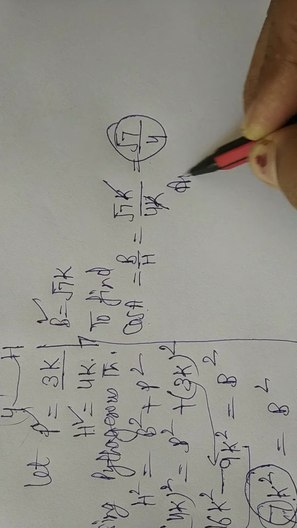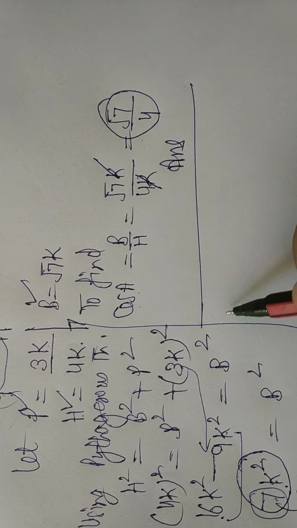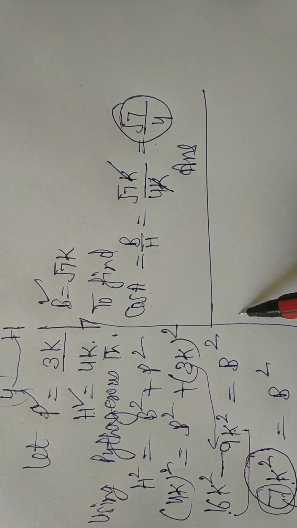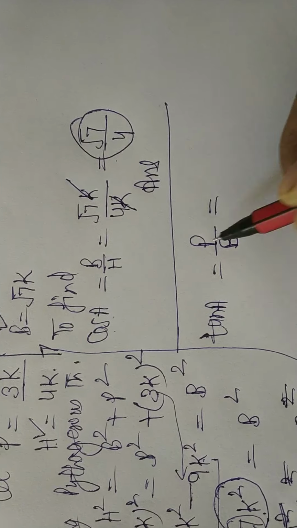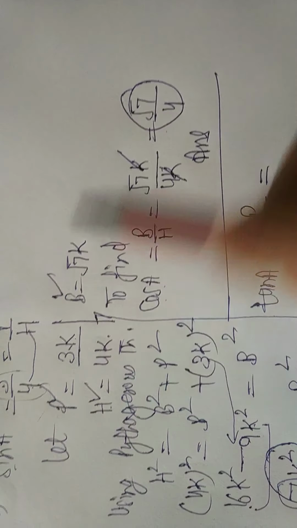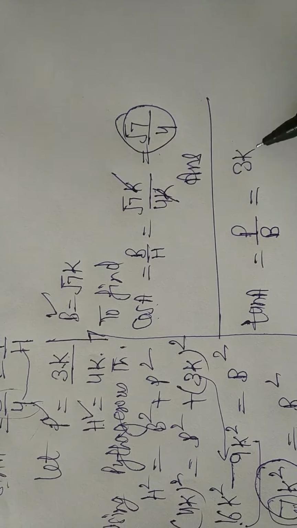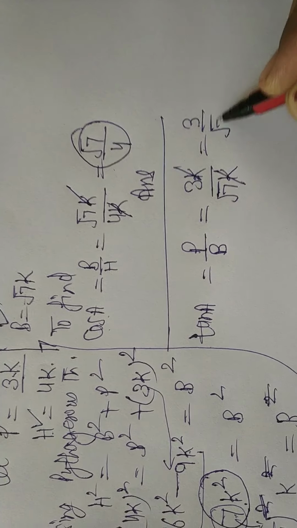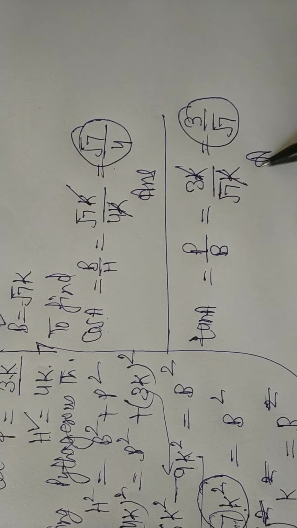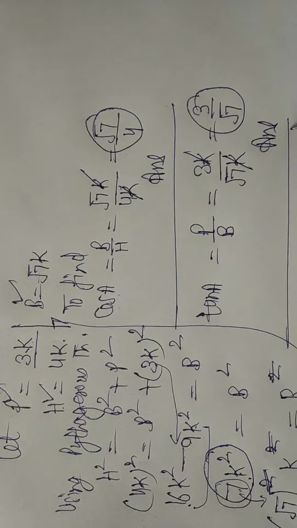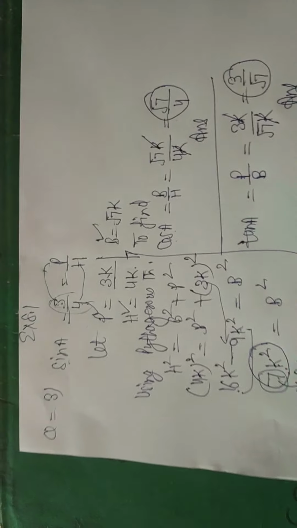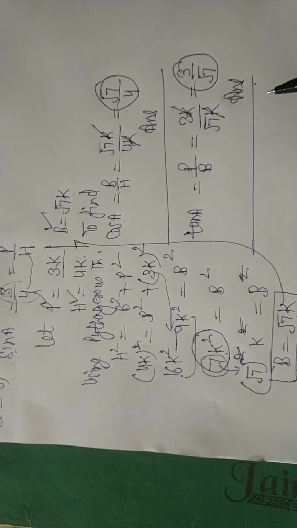This is my answer. So for part 2, I have to find out in question number 3, that is tan A. The formula of tan is P by B. Now P is 3K, and B we have automatically found out as root 7K. So K to K cancel. I will again find 3 by root 7. This is our answer. So we are done with question number 3 of exercise 8.1.